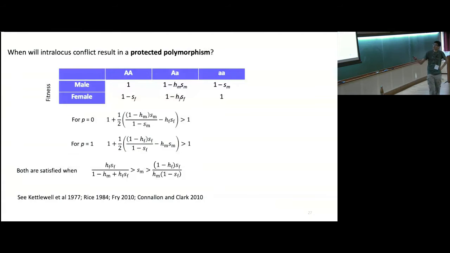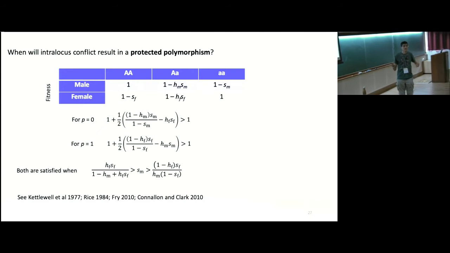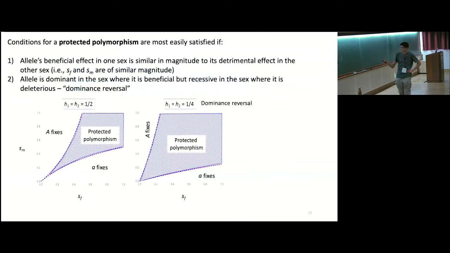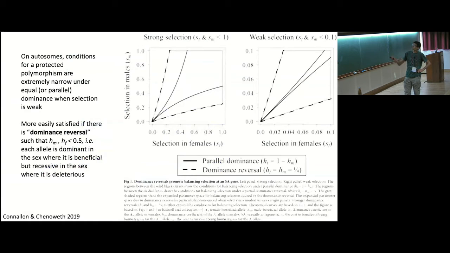Okay, so we've been talking about this idea of sexually antagonistic selection. We got to the point last time where we were thinking about these polymorphisms existing on autosomal loci, and I had showed you a figure like this, or maybe I'll focus on this version of it,